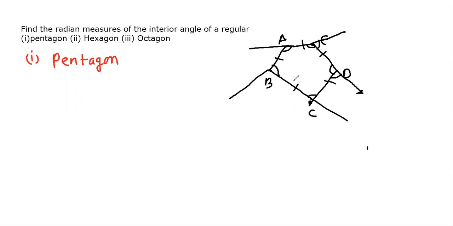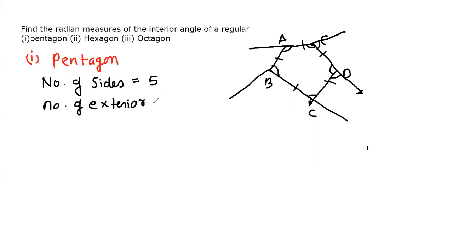Now there's a formula for a pentagon. How many sides are there? Number of sides is 5. Okay, beta. Now number of exterior angles. Yes, tell me, Ananya. Number of exterior angles. So five. Very good. That is again 5. Sum of exterior angles. Can anyone tell me what will be the sum of all exterior angles?